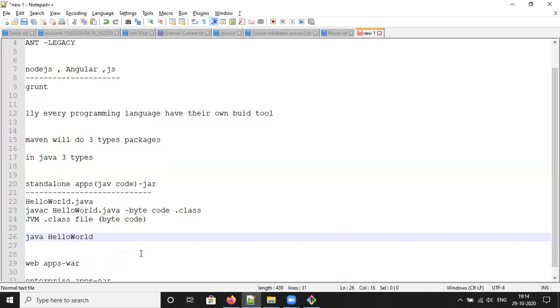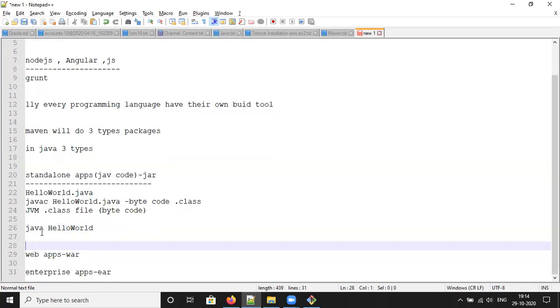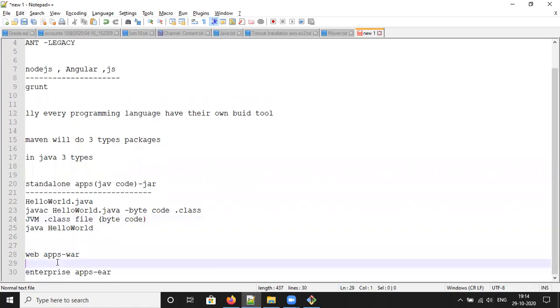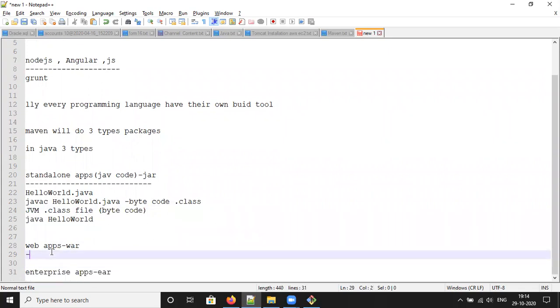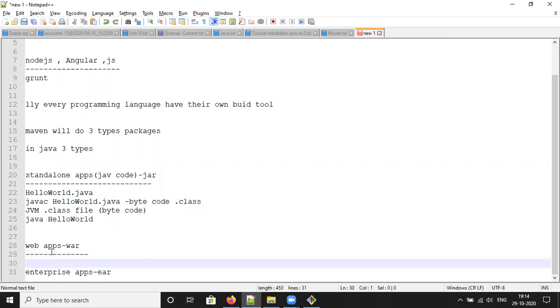Now I am going to discuss the web application. A web application will contain the Java code along with web content.